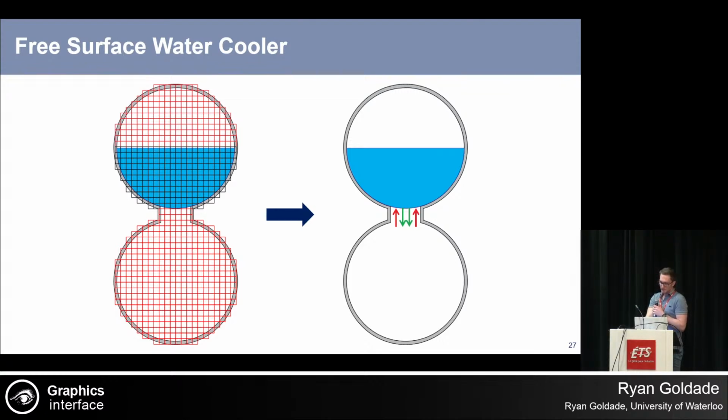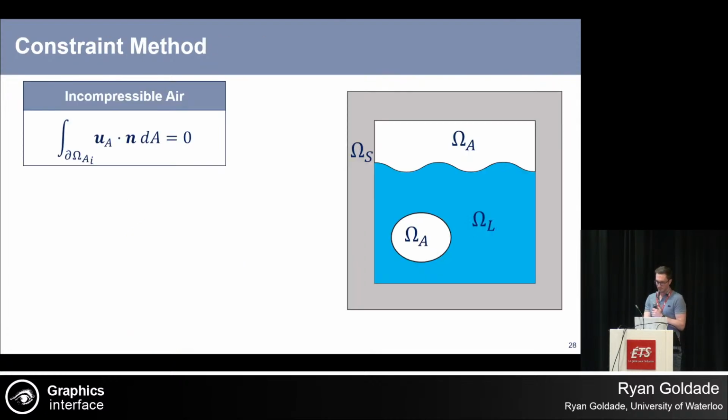But this is significantly more expensive because we have to simulate that entire air region below and above. Plus, like I mentioned, the density ratios make the matrix poorly conditioned, which slows the solve time down. So these are costs that we don't want to bear if we don't have to. So this is where our constraint method came from. So the idea is that all we really want in that simulation is the effect of the air resisting being compressed as the liquid pours through. That's essentially all we want to capture in the phenomena, right?